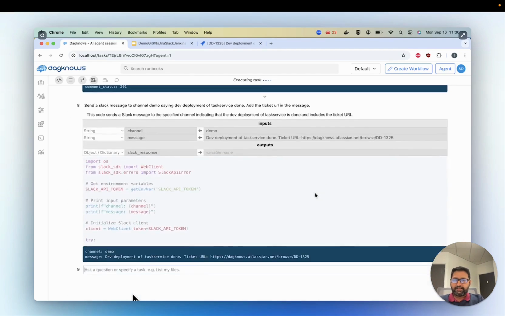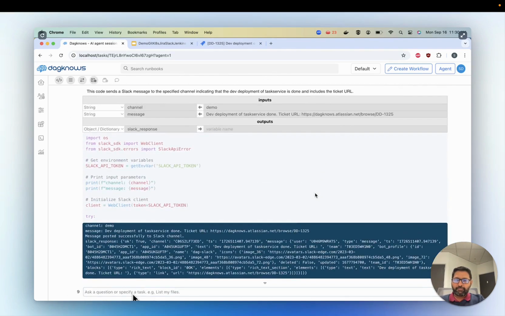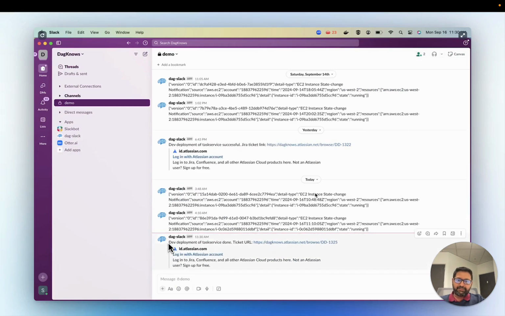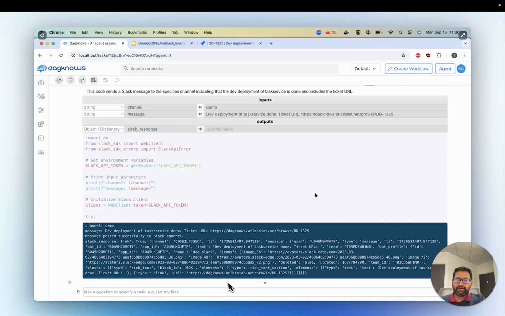Okay, task is ready, executed, and looks like it posted some output. We can quickly verify. Let's go to our demo channel in Slack, and there it is. Dev deployment successful with the Jira ticket. Awesome. So this was that entire workflow of 8 steps. We're done with it. Let's scroll up,